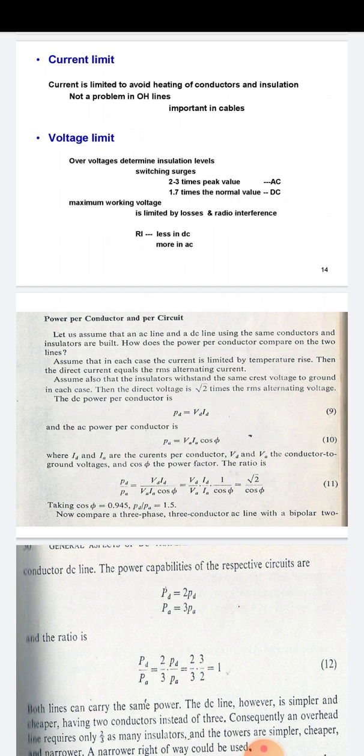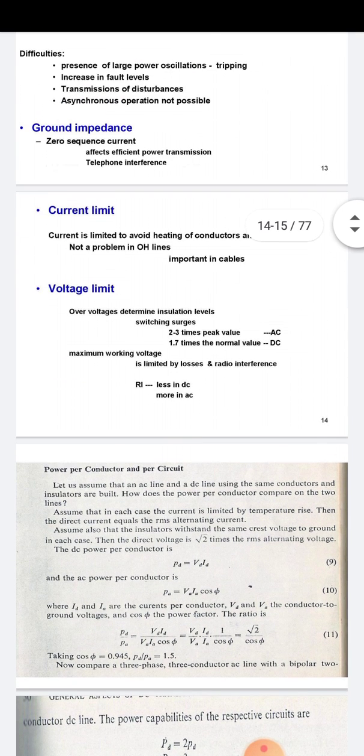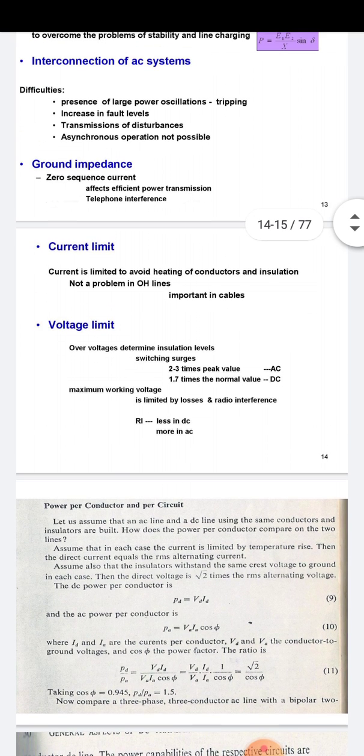An exhaustive record of existing HVDC links in the world is available, from which the reliability statistics can be computed. Energy availability is 100 times (1 minus equivalent outage time divided by total time), in percentage. Then there is the current limit, to avoid heating of the conductor and insulation